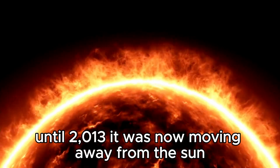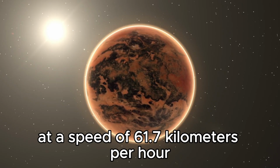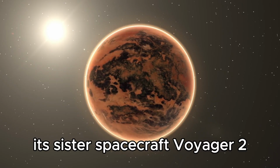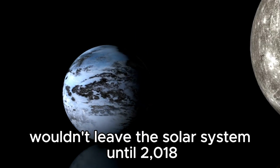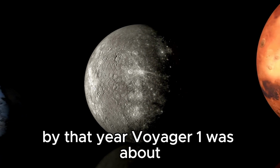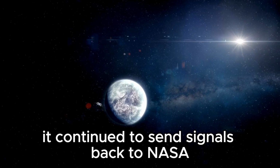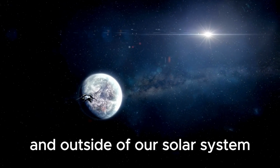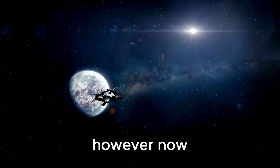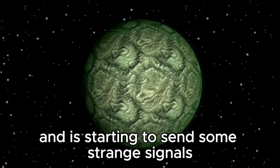It was now moving away from the Sun at a speed of 61.7 kilometers per hour. Its sister spacecraft, Voyager 2, wouldn't leave the solar system until 2018. By that year, Voyager 1 was about 14.5 billion kilometers away from the Sun. It continued to send signals back to NASA that revealed more and more about what's inside and outside of our solar system. However, now Voyager 1 has lost some of its coordination and is starting to send some strange signals